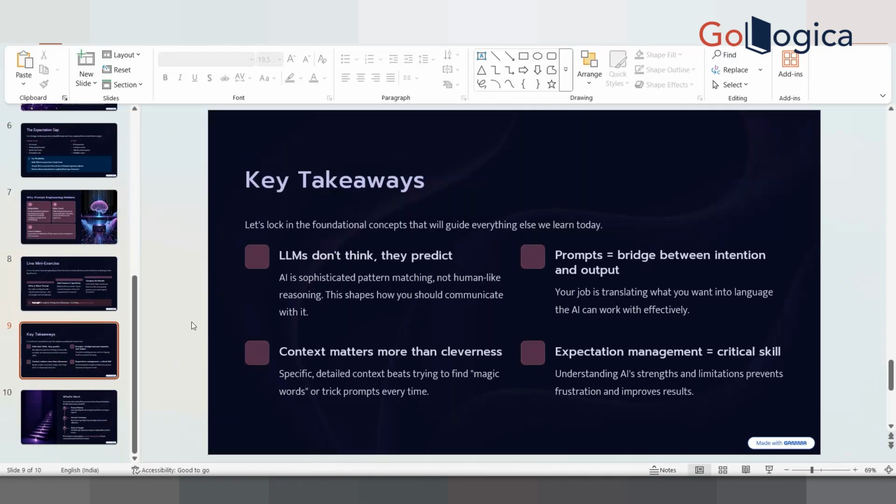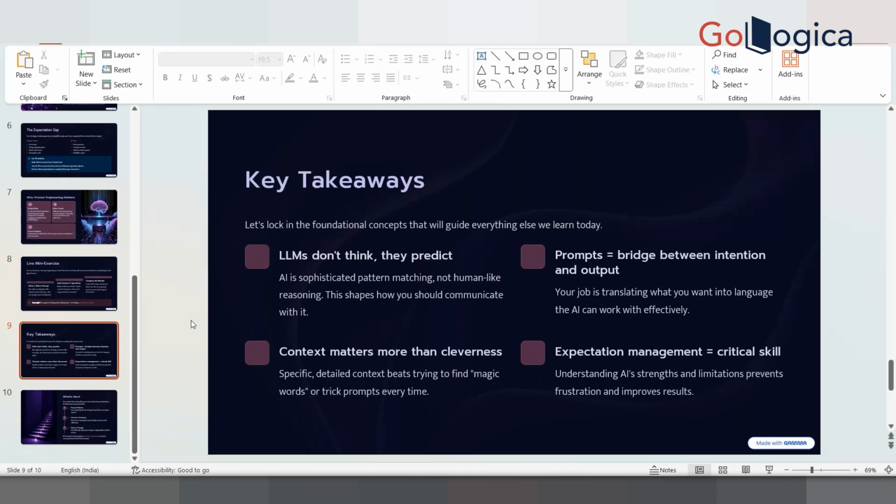So that was about the things. Let's have the key takeaways for today's session. The first thing to remember is that LLMs don't think, they predict. Tomorrow we will see an example of how they predict, how they come up with the words that they want to say.